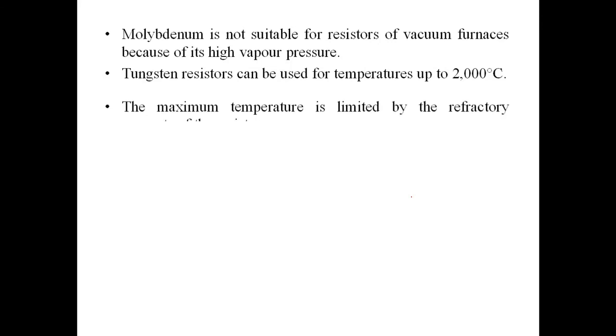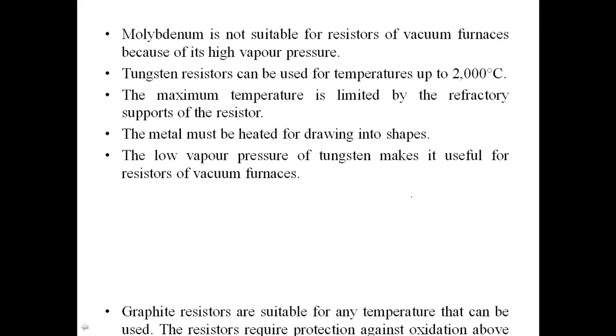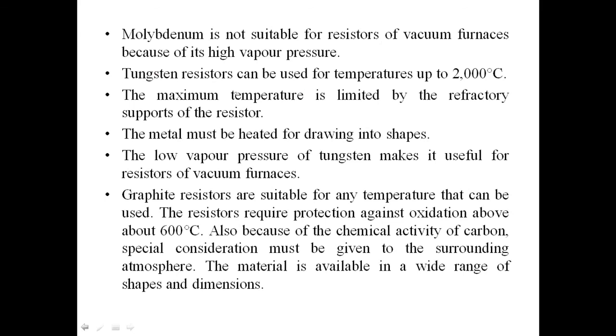And we have some other resistors which are used at very high temperatures. Those are tungsten resistors. They can be used up to 2000 degrees Celsius, and the maximum temperature of the tungsten is restricted based on the refractory material. The refractory material is nothing but a material that, if heat is coming out of the chamber, kicks that heat back into the chamber. So tungsten can be used for higher temperature, but it is limited by the refractory material, which may not be usable at higher temperature. That is the only limit we have here.